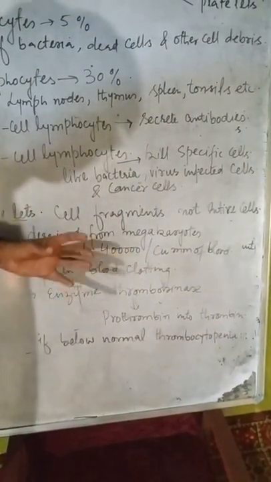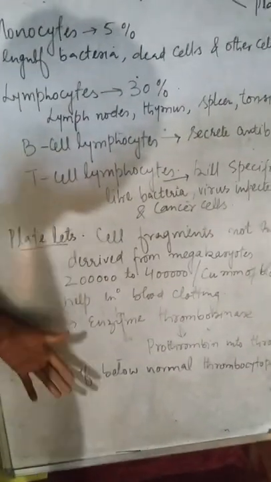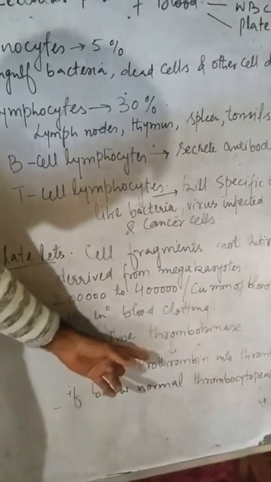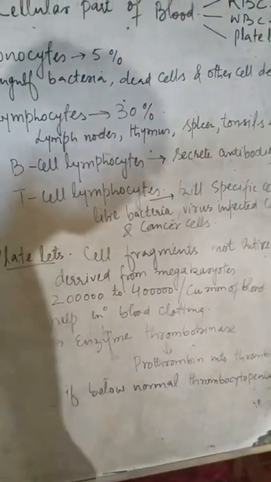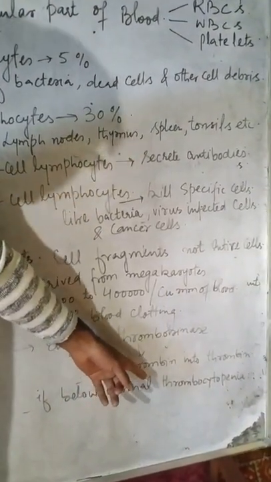the blood. Sometimes, if this number falls below the normal, a person may suffer an abnormal condition called thrombocytopenia, as these platelets are also called thrombocytes. So that condition is called thrombocytopenia.